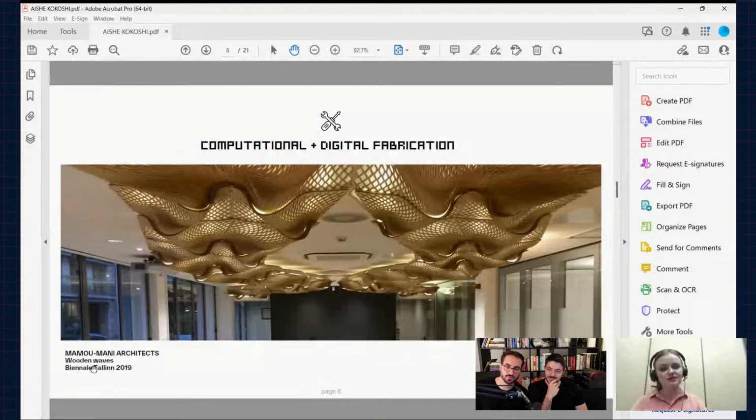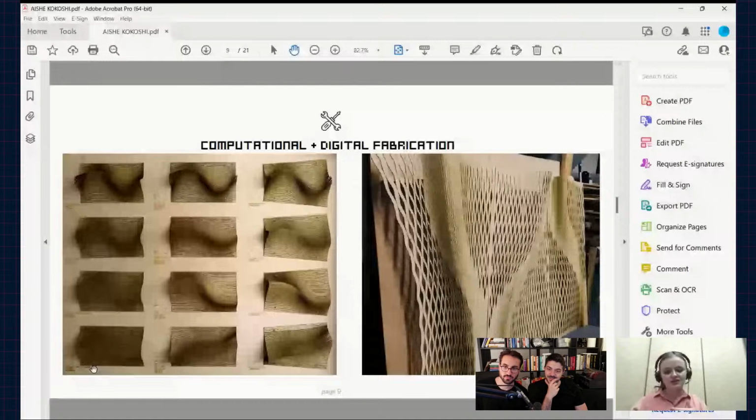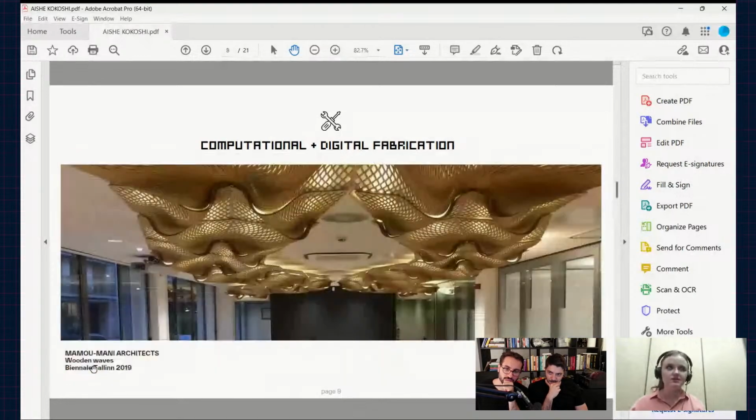Basically, what they used here is plywood, and they used Grasshopper to have this pattern, and then they used the laser machine to laser cut this plywood, and then create these waves that can be connected together and create these interior things. It can be anything.